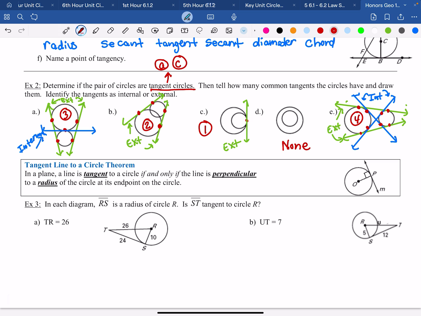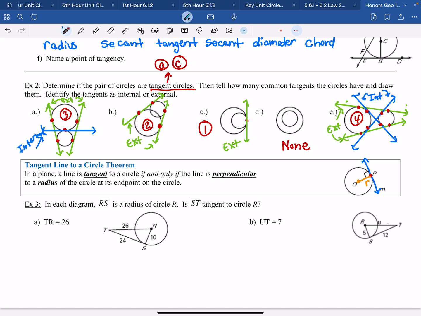Now that we know a little more vocabulary, let's talk about a theorem that we have. So we have this theorem that says if you have a line that is tangent to a circle, okay, so here's our line, line M, tangent to the circle at point P. What this theorem says is that if you take the radius and connect it to that point of tangency, so there's your radius, the theorem says that the radius is always perpendicular to that line at the point of